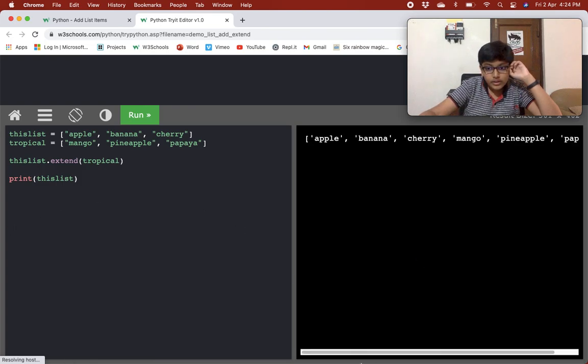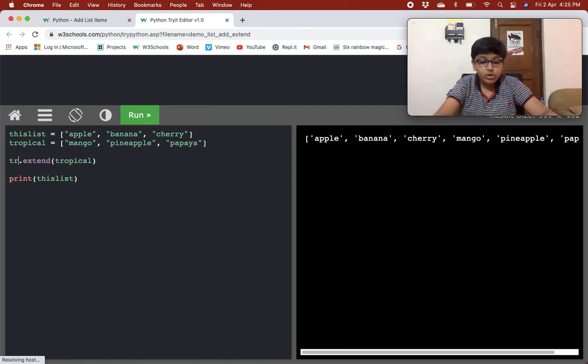Now, if I do tropical dot extend by tropical, what would happen? You guessed it right, it would be mango, pineapple, papaya and mango, pineapple, papaya, because we are extending tropical by the tropical list only.